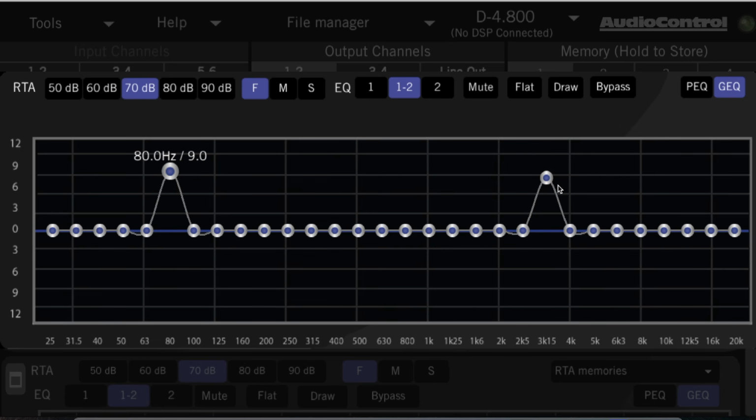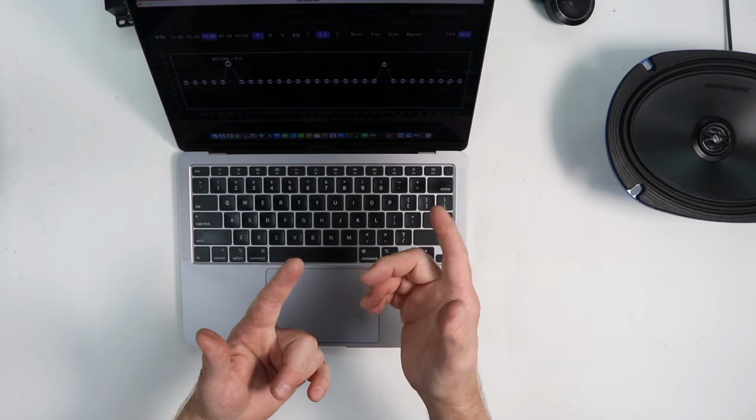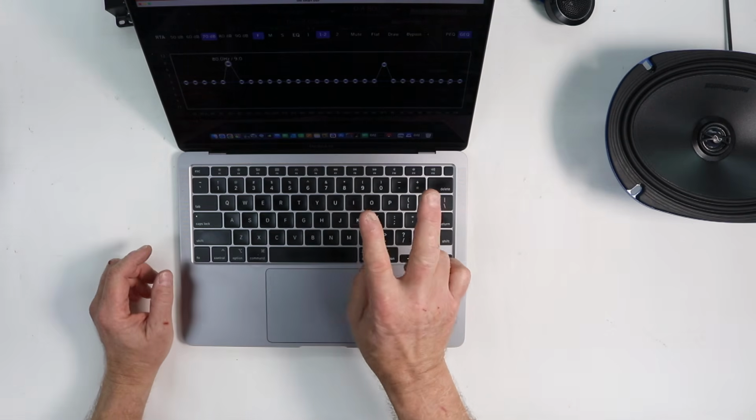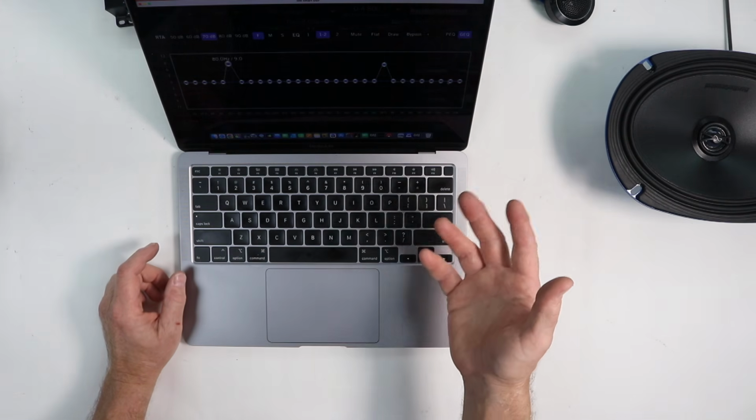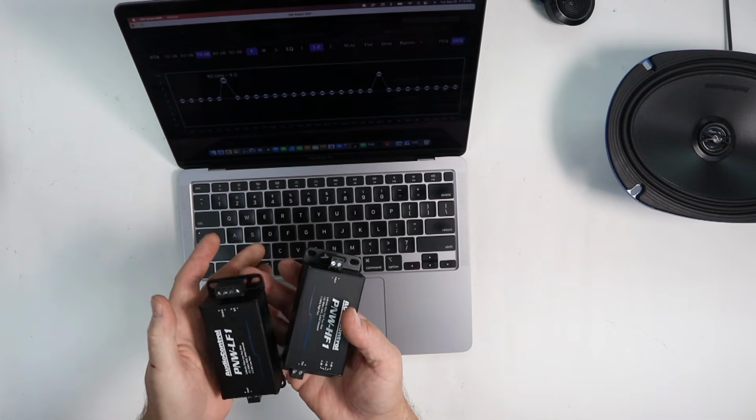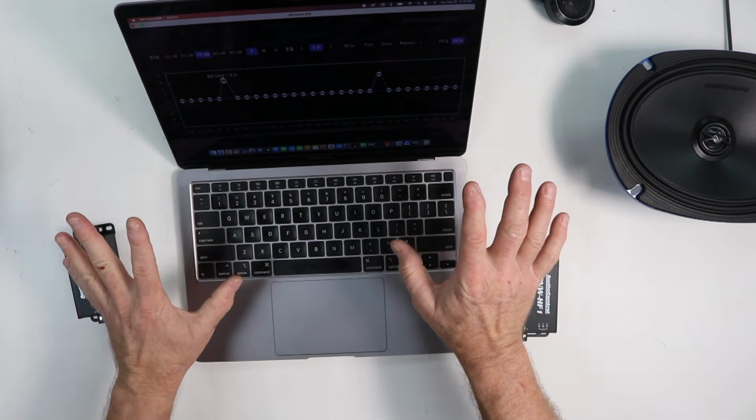up. What that means is even though I've gone passive, these EQ bands here in the center are only going to affect my mid-bass, and these bands here are only going to affect my tweeter. Oh my gosh, you mean I can still EQ it even though I'm only using...? Yes, you can globally adjust channels 1 and 2 that have those passive crossovers on them and still tune the